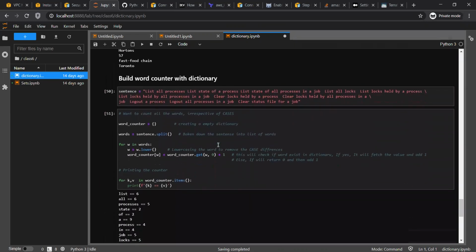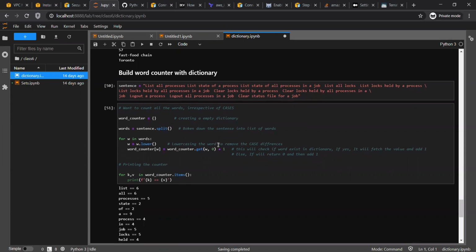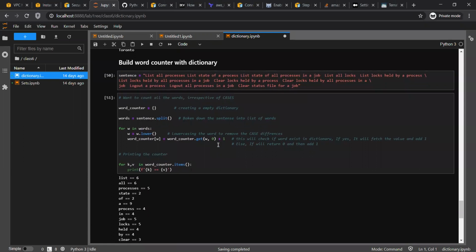And this is a very simple example to build a word counter. I'll take 5 more minutes to quickly explain this function and how it will work. The ask was, this is a sentence and this is a few lines of a statement. Now I wanted to know how many words are there and how many times they have occurred. That's the simple ask. So this is called word counter.